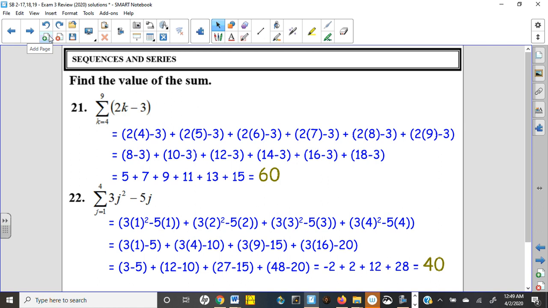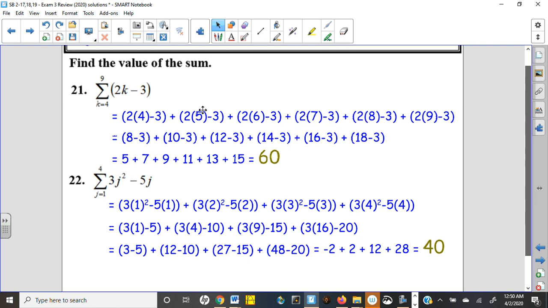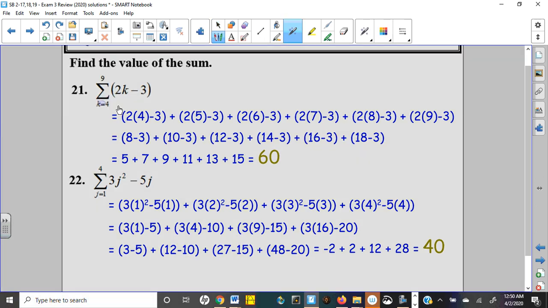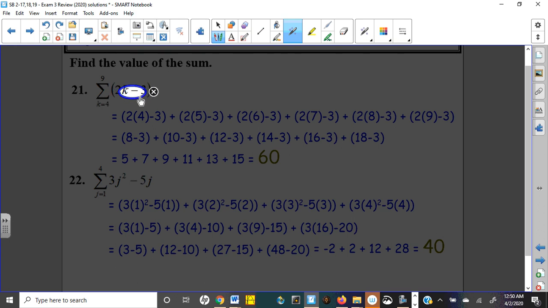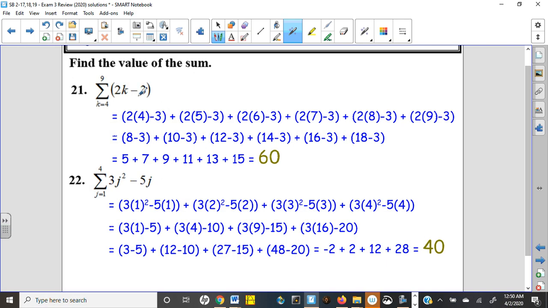21 is finding the value of a sum, and it's a linear. Now, nobody asked this one, but just really quickly, if you tried to use our formula on this one, since it's linear, since it's arithmetic, you could, but you'd have to make an adjustment, because notice that our value is not starting at 1, right? So you could plug 4 in to our formula to get the first term. You could plug 9 in to get the last term, because the formula is n times a1 plus an over 2, right? And so you could plug in 4 and 9 to get a1 and an,